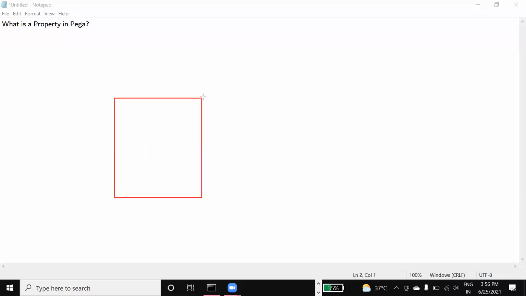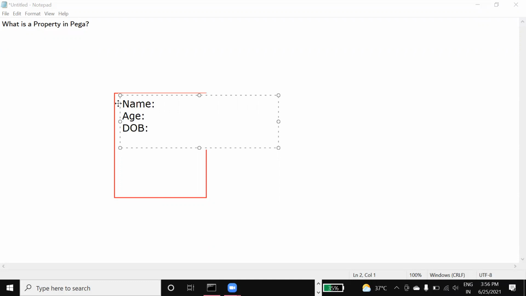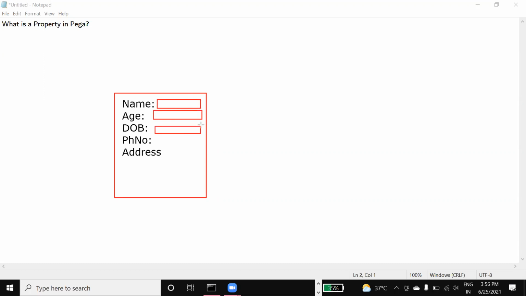Let's say this is some application form where the user has to fill in personal information, like name, age, date of birth, phone number, and address. Let's say these are all the fields that the user has to fill in on the form or screen. So the user fills all this data.